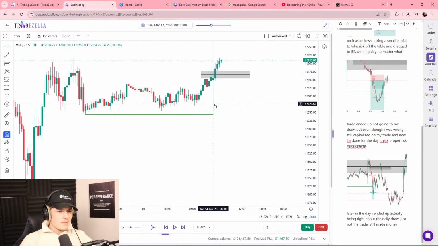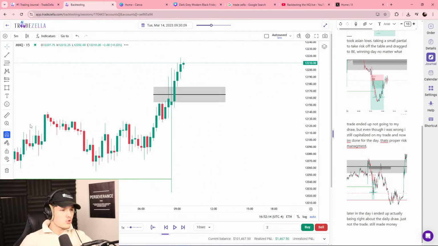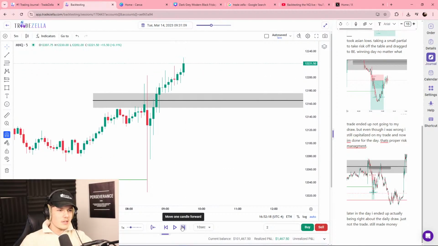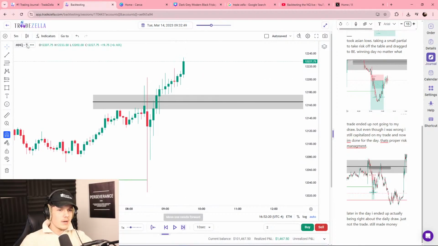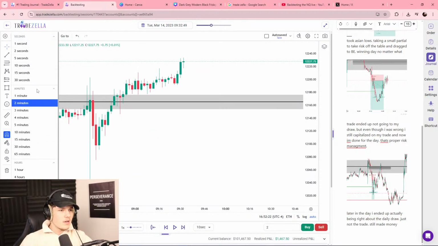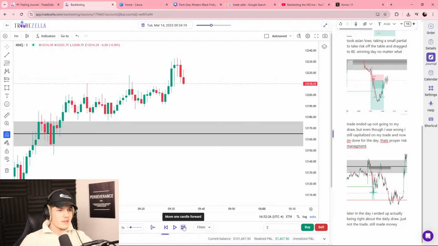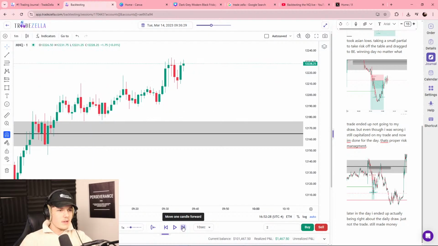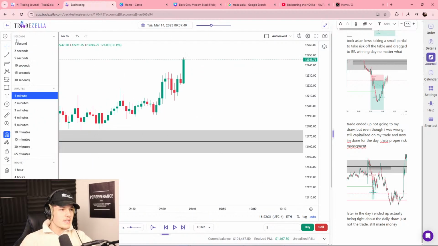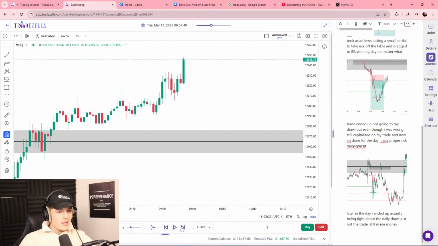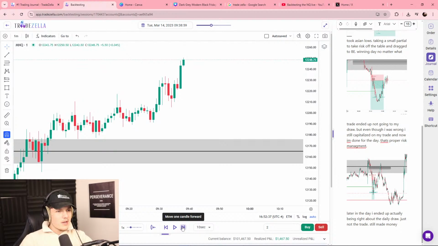Anyways, 8:30, guessing this is CPI. We got our manipulation already. I'm anticipating that we just continue straight up higher, right? But look at this ugly price action. But we're breaking out of this range now. Not looking too much on the 1 minute as of right now because there's really nothing. The price action is super messy, but we're finally breaking out of this range here. I'm anticipating a low resistance liquidity run here.